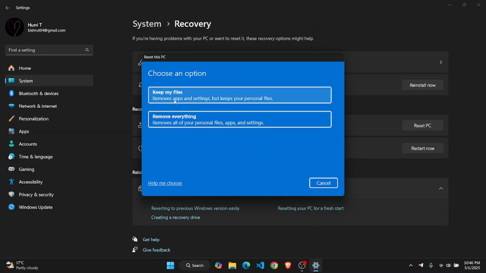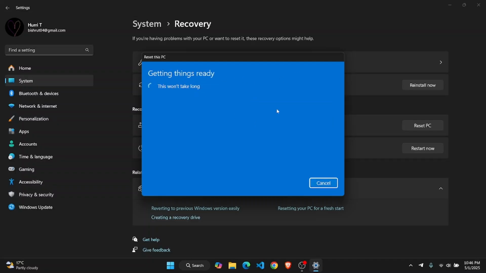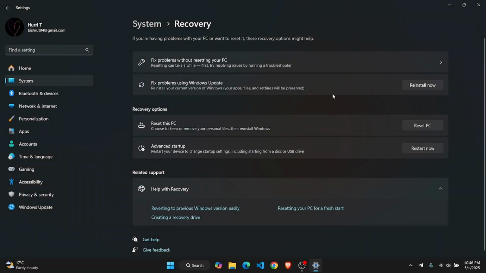But even if you choose the first one, it is always a good idea to back up all of your personal files so that they don't get lost. So from here, you could just go ahead and reset your PC from this. And that's how you completely factory reset your